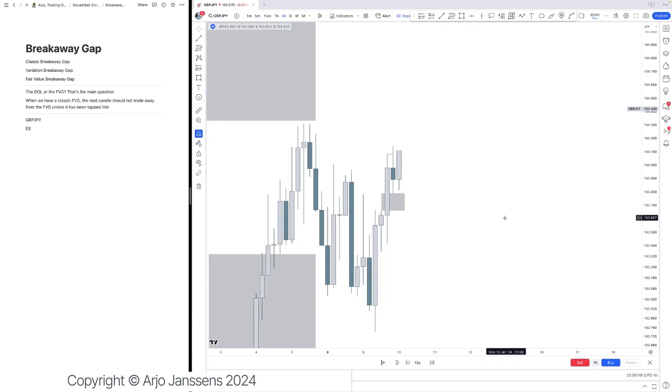which it hasn't right there. So at that moment in time, my thought process was, all right, we are not going to come back into that 4 hour fair value gap and we are already going to continue higher. Just purely on the variation breakaway gap understanding. Because I understand right there how the candles overall move, where if we have a fair value gap and we have this close drawn liquidity in the form of that,